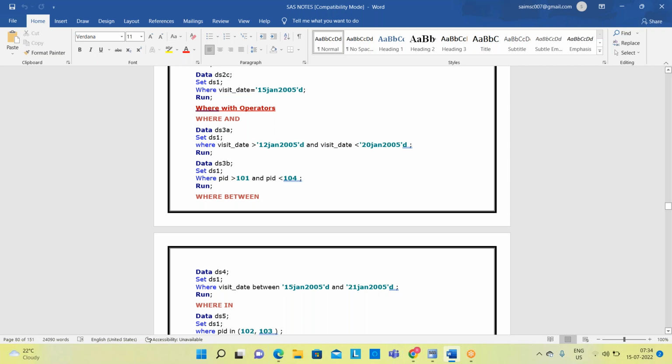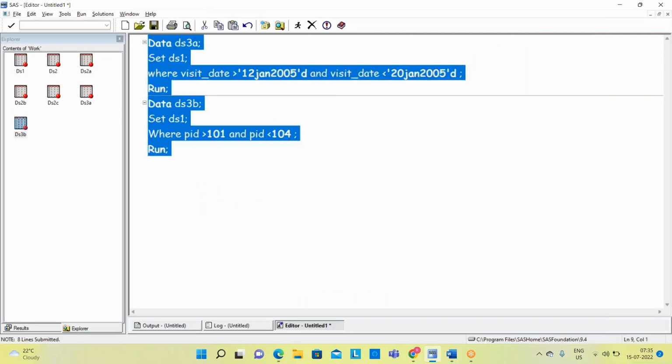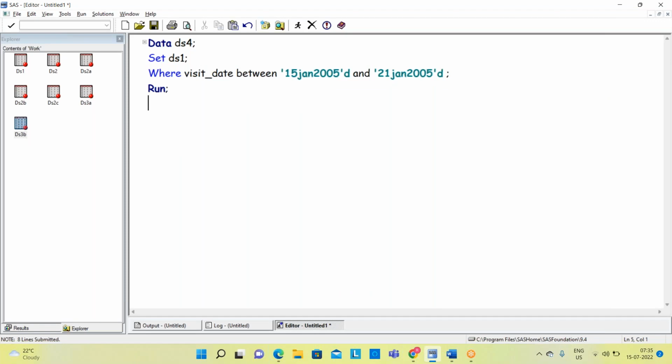Where between? Okay, right. So between means inclusive range. So here, whenever you're writing where visit date greater than 12, less than 20, right? Between means it will take both inclusive range. Inclusive range means it will take both lower and upper limit. Okay, you see, right? So we have visit date between 15 Jan 2005 and 21 Jan 2005. So it will consider the 15th date and the 21st date also. Between means inclusive range. So DS4 data set, if you see,